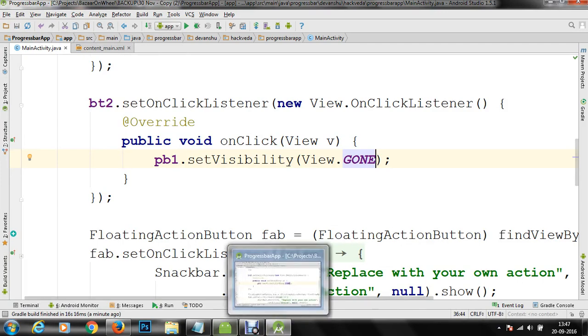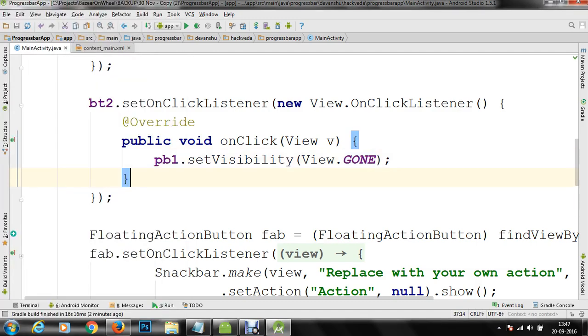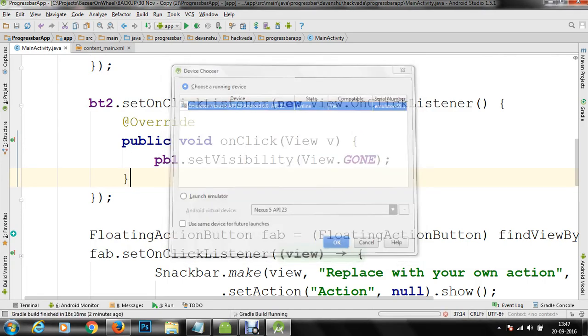So now we are waiting for the Gradle to run. It's taken some time. Let me just run that again.